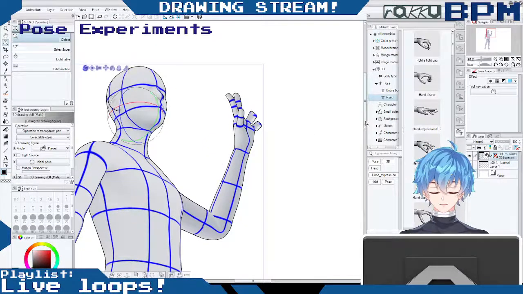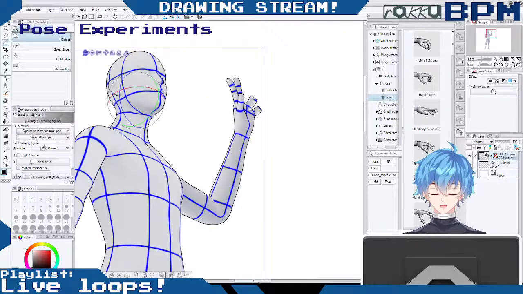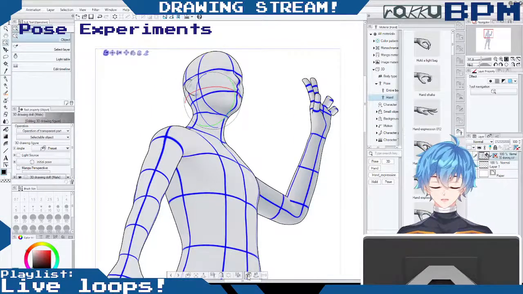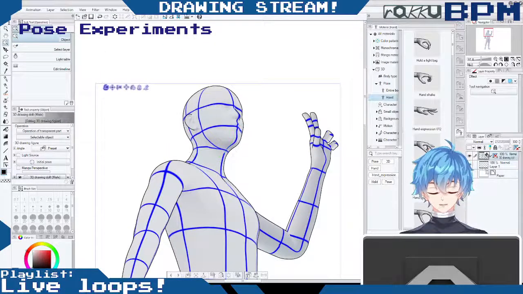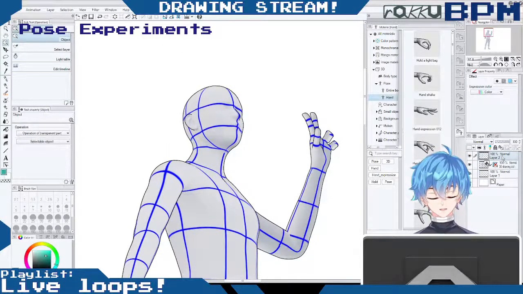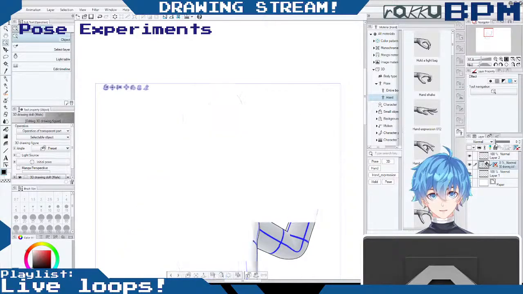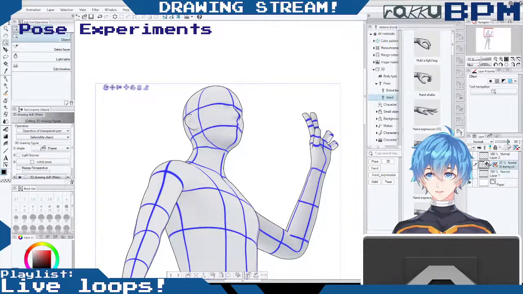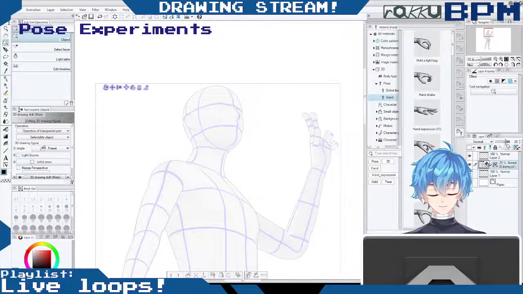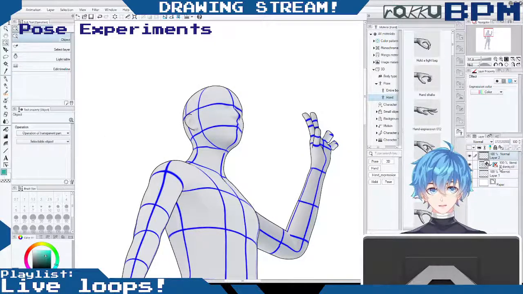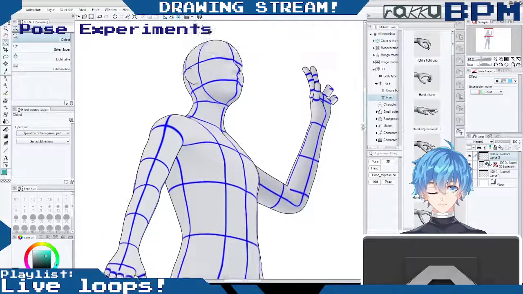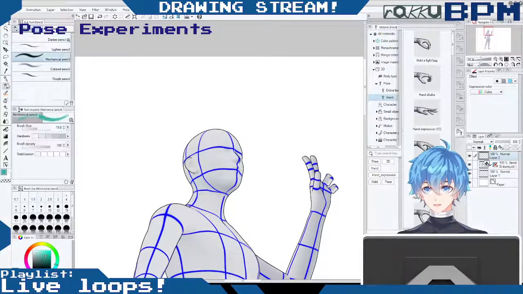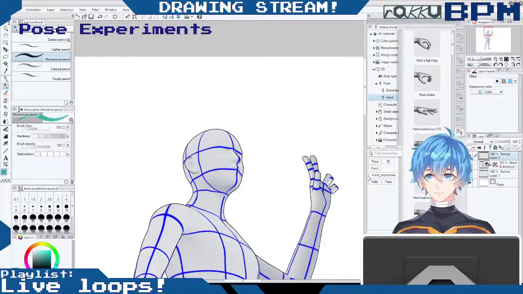The kind of neat thing about this software is it has mesh lines, probably for how the 3D models are created, but you can also use them as guiding lines too. Let me see if I can get on a new layer. You can adjust the transparency as well. That is super convenient. What I've done is I've stuck the model on another layer, and now I'm just in a regular drawing layer. So if I wanted to, let's say,